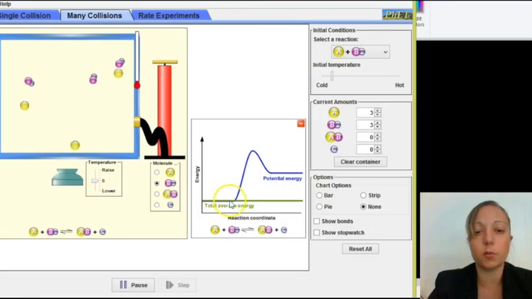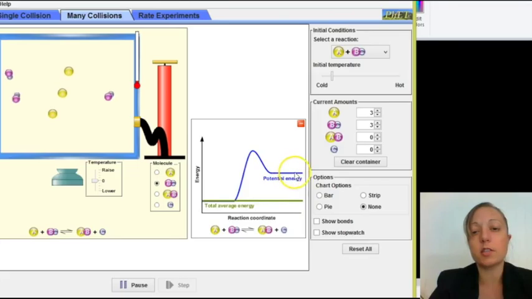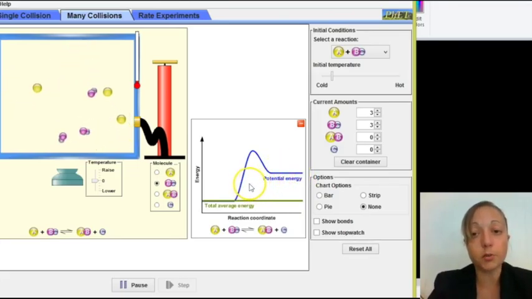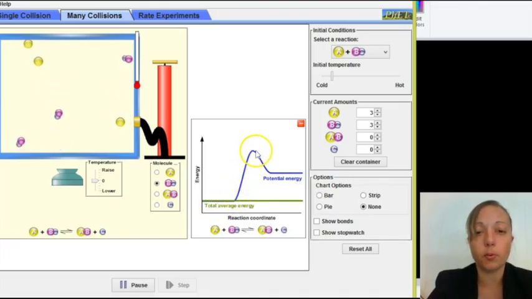So this part here, we can see there's a blue line underneath here. That tells us where the reaction is starting. So that's about where we're starting. And then this here tells us how much energy we're going to finish with. So if we take a look at this, we've got to get over this bump to get to